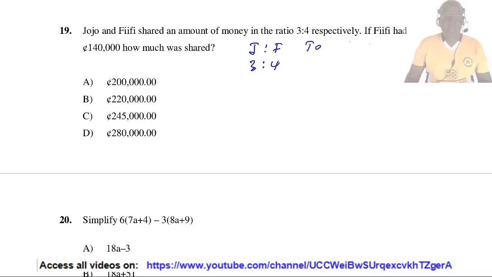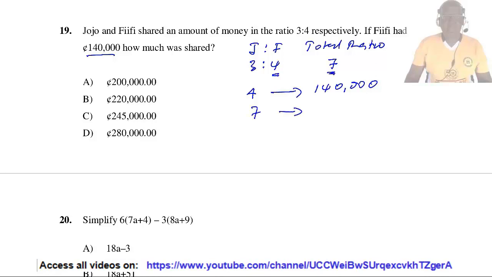The total ratio is going to be 7. That's 3 plus 4. Fifi's ratio corresponds with 4. And then 4 corresponds with 140,000. So the total amount of money shared, which corresponds with 7,